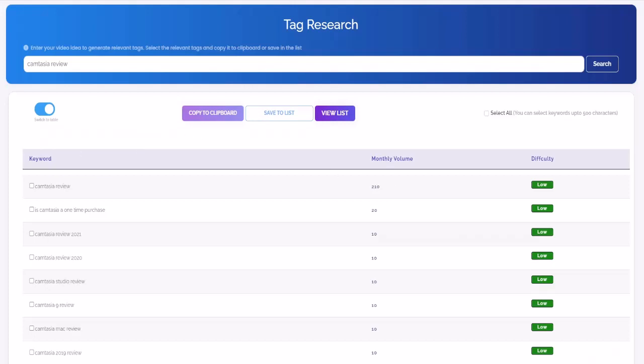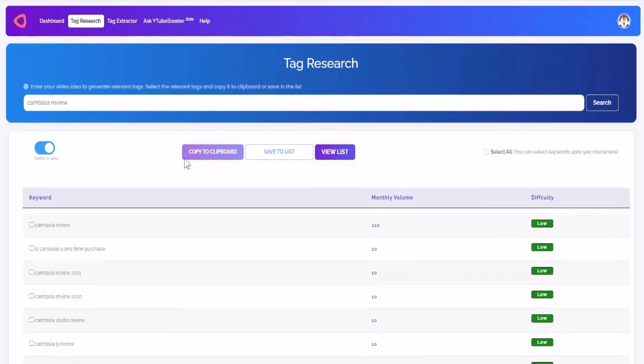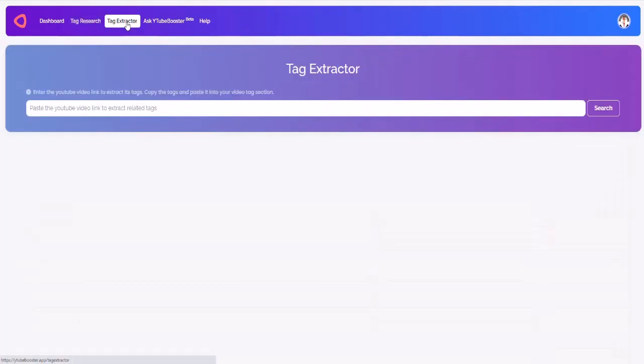But keep in mind, guys, these are tags. These are not keywords. So you're still needing to go somewhere to actually do some keyword research, because this isn't a keyword tool. This is a tag tool. You can click on these and copy these to your clipboard, and these will actually be your tags. So my thing here is that we need an actual